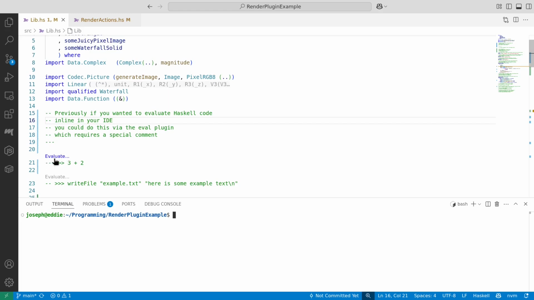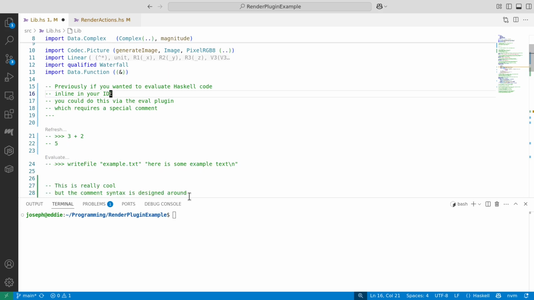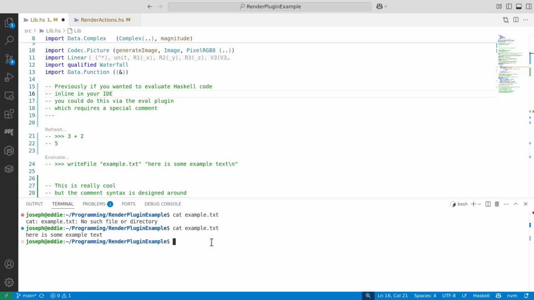And if I hit evaluate on that, the eval plugin will calculate the value and it'll insert that value inline. And you can also use the eval plugin to evaluate IO actions. So for instance, here we've got a write file statement. If I cat example.txt, you'll see that I don't have an example.txt file. If I hit evaluate on that, you'll see that I do, and it has the data in it that you'd